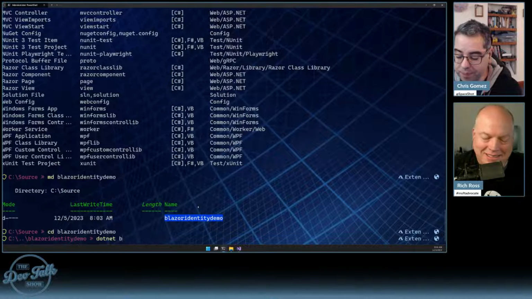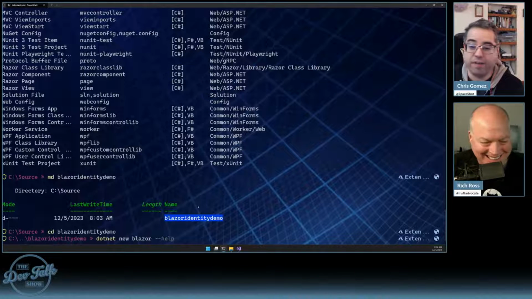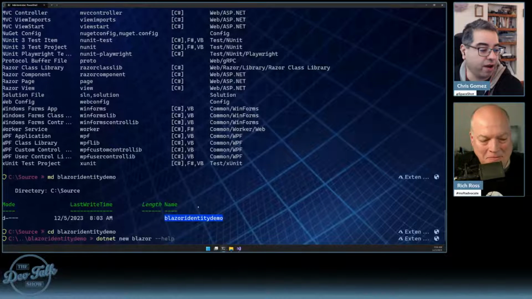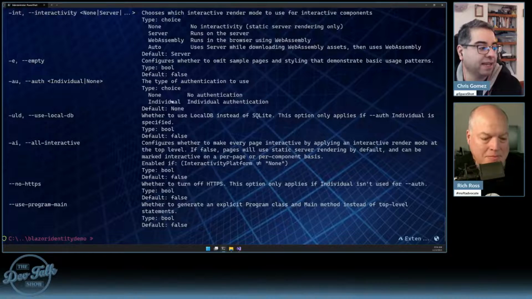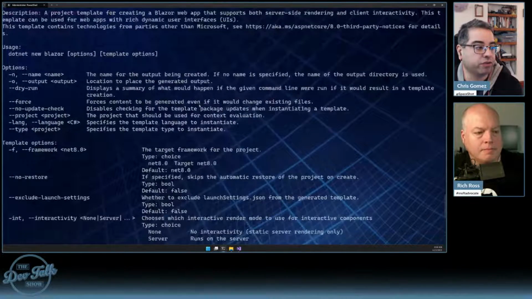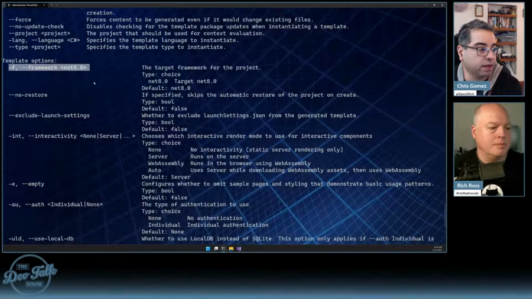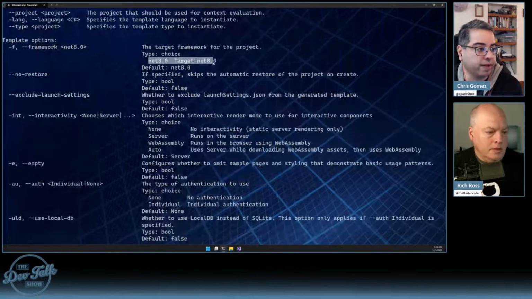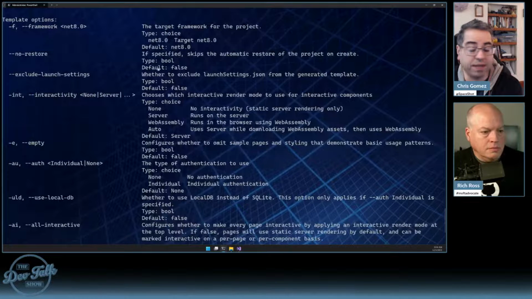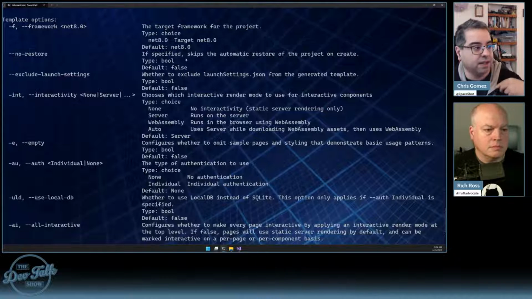I mean, yeah, you almost need to include, I don't need this in the name. So if I say .NET new Blazor help, what I'm going to get is these options very much mirror what you see in Visual Studio. Yep. You could pick your framework if you want. If you don't, you're going to start with .NET 8 because that's the latest installed on this machine. That's the general